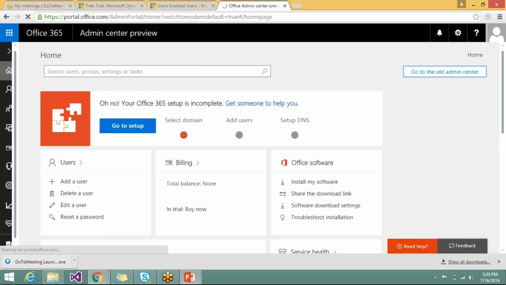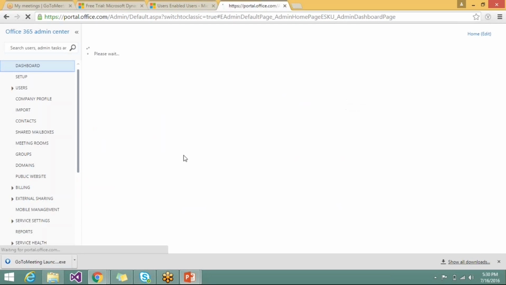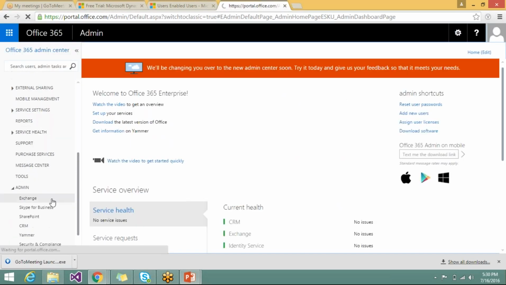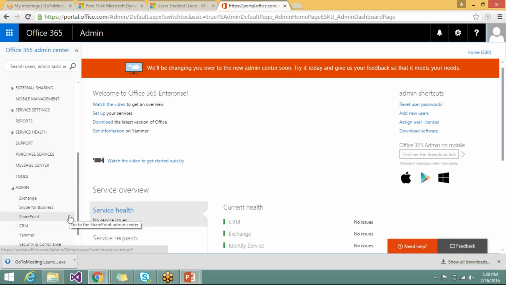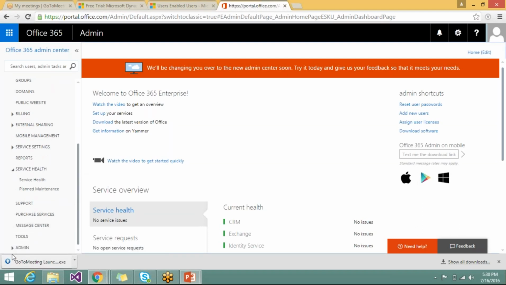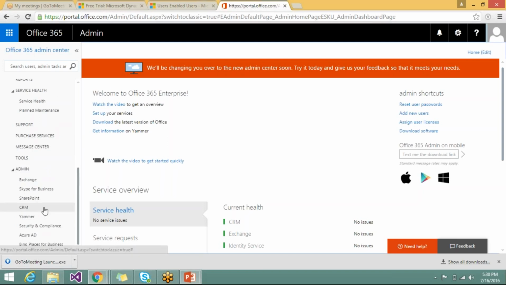In this admin page, we can go to the old admin page, and on the left-hand side you can find the Admin section. Under Admin, the last option is Admin, and under it we can find CRM.